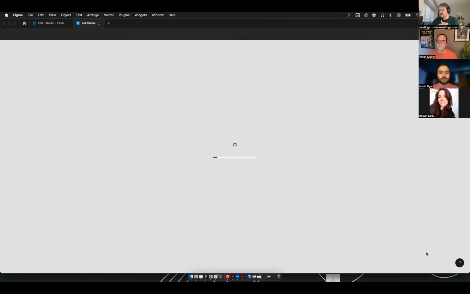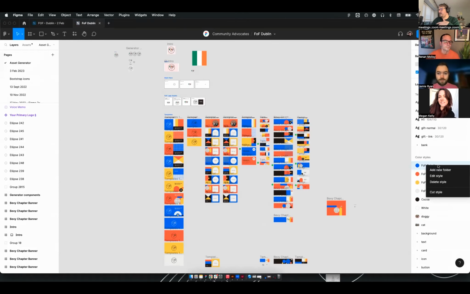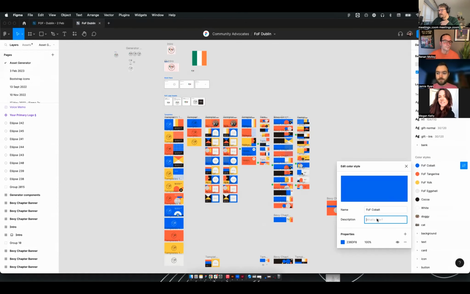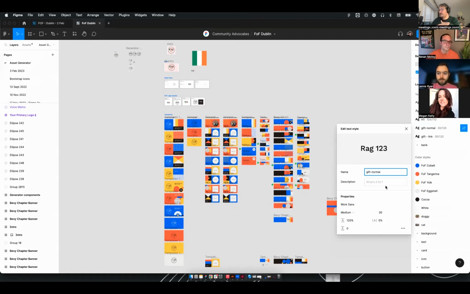If you go to the style definition for that, which is in a different file in this case, you can go in and write a description of what it's for. Same for type. I have a thing here called GIF-normal. Maybe not a great name for a text style, but